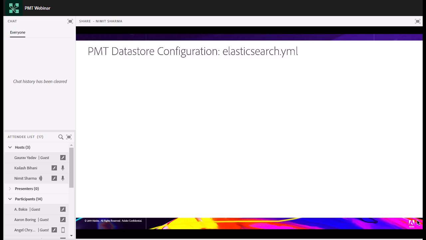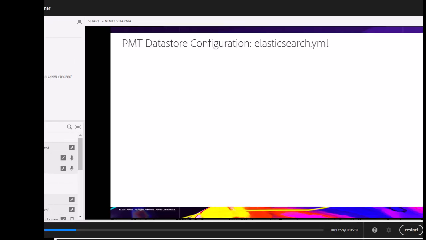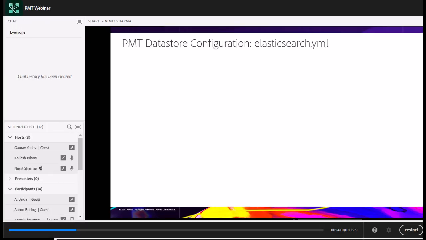So the data store also has two important files. The very first is elasticsearch.yml. This file is used to make configuration changes related to the data store itself. Primarily I'll be talking about three sections. There are a lot of properties that you can change for Elasticsearch, but I'll be touching upon only three